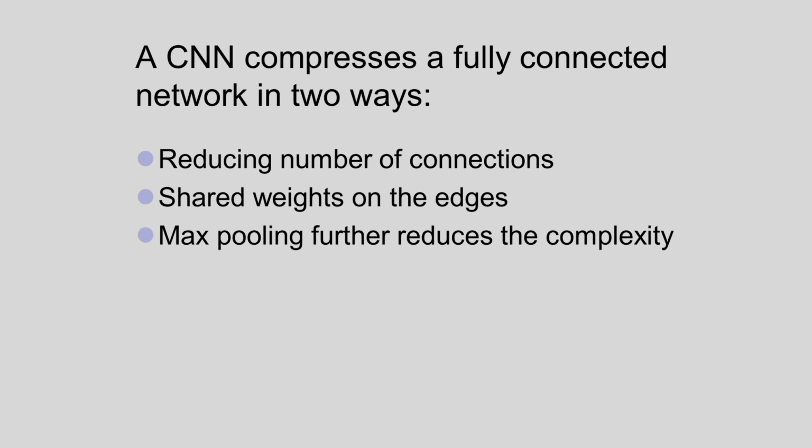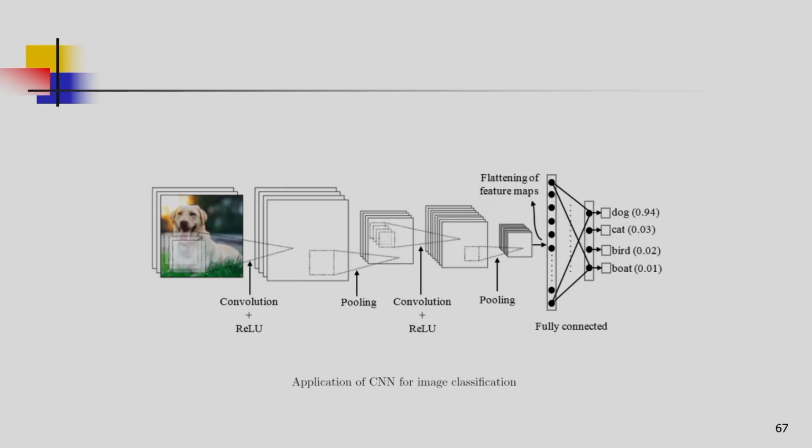So like this we can consider. In this figure I am showing the same concept again. So convolution I am considering, and the activation function, the ReLU function, and after this you can see the pooling operation I have shown. Again I have shown the convolution operation and the ReLU. Again I am considering the pooling operations, and finally the flattening of the feature maps we have done, and after this we have the fully connected neural network, that is the feed forward network.